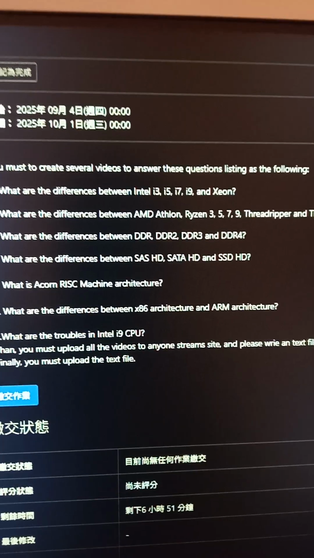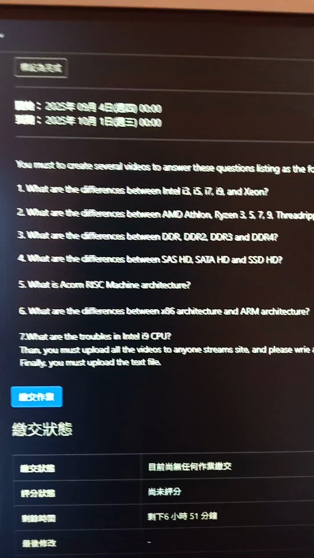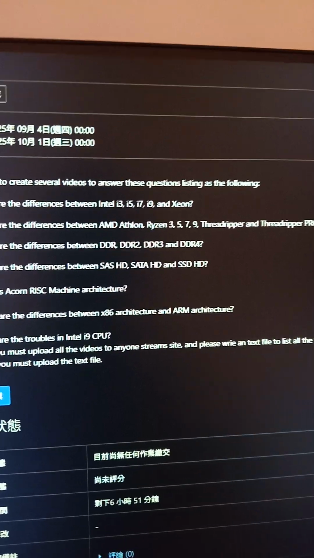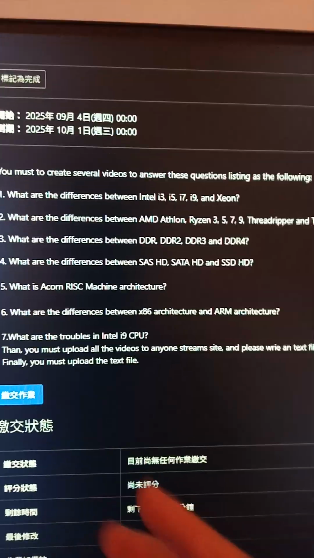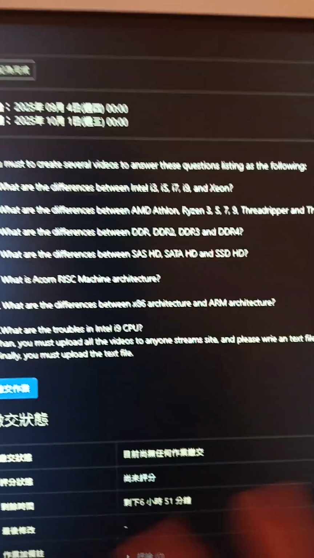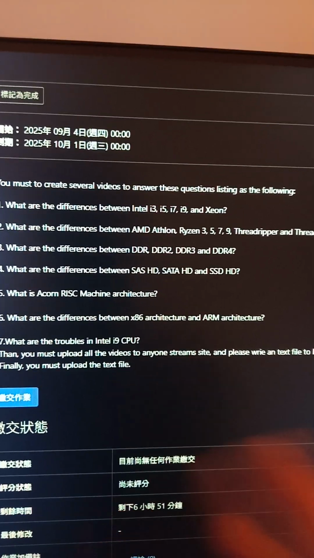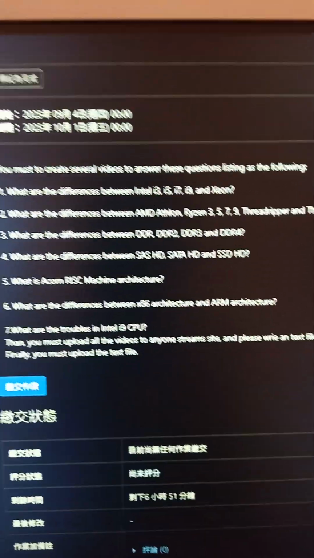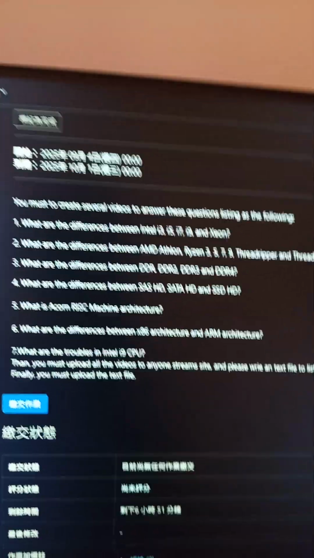The i3 is the earliest model, so it's for entry level and it performs pretty badly. It's suitable for light tasking. If you want to do a simple PowerPoint, add some text, visit certain websites, or watch videos, it's going to do fine. But if you want to have a medium performance